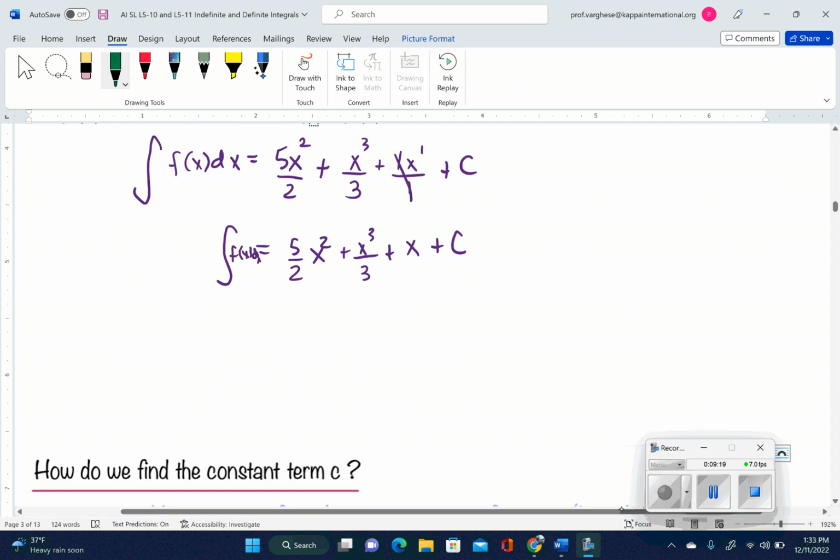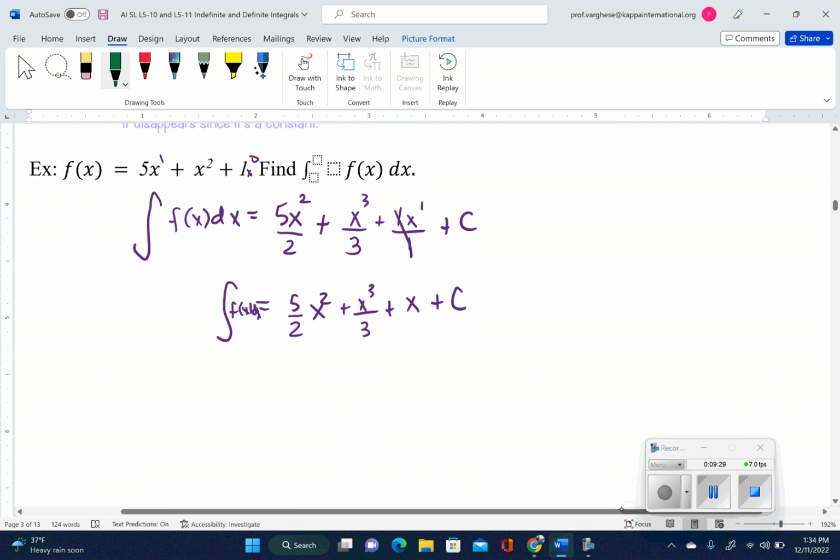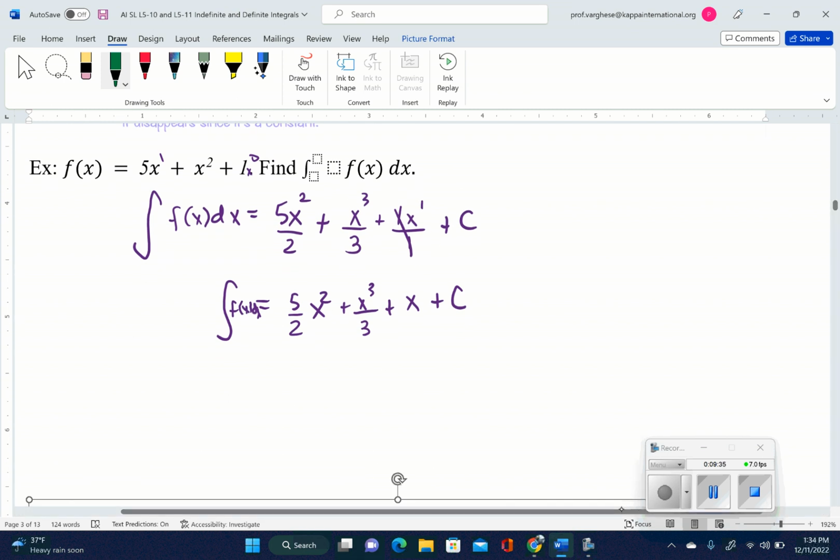I do want to show you that I can check my work just to make sure that we're correct. So this is the antiderivative, or the integral. To see if it's correct, I can just take this and find the derivative of it. The 2 would come out in the front, which means that the 2 here and the 2 here would cancel. So this is just going to be 5x, and I take the exponent, subtract 1, so there's an imaginary 1 there, plus I take the 3, bring that to the front, 3 divided by 3 cancels out as well, so I'm just left with x, and then I subtract 1 from the exponent, which is going to be 2,